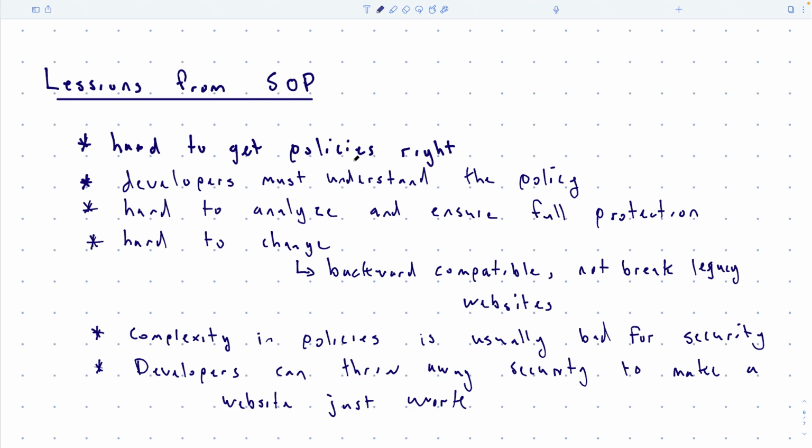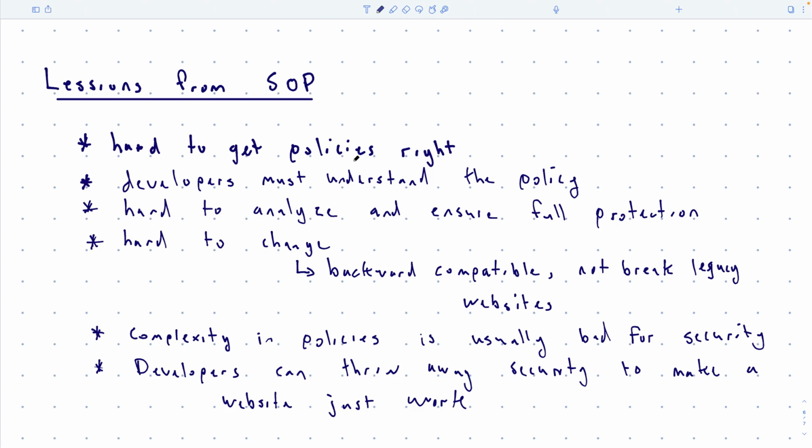In all of these cases, nothing we saw is bad. Cross-site scripting in and of itself is not bad, okay? It's just that when you don't have the right mental model for what's going on, then it becomes bad. Cross-site requests aren't bad, right? But when you have the wrong mental model of how they work, then you could leave your website vulnerable to forgery attacks, okay? So it's really about getting developers, the way developers think the web works, and how browsers implement these policies and what the actual policies are, on the same page.